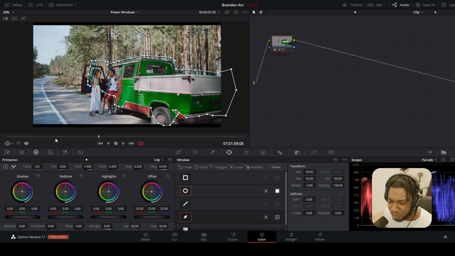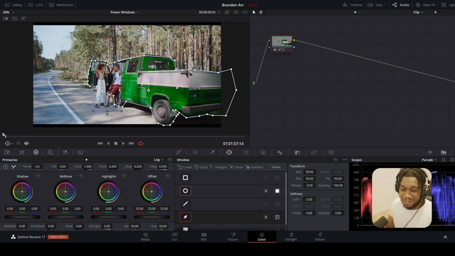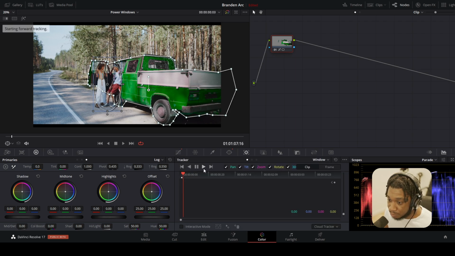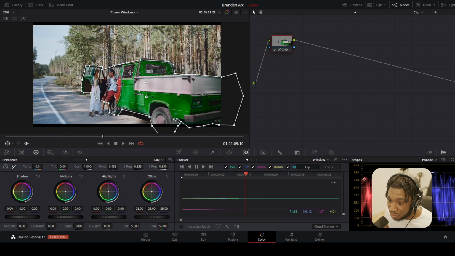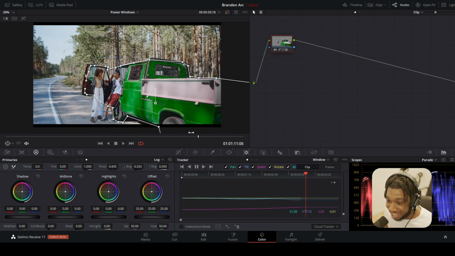So what do? Of course, we're going to track it. We're going to track forward because we can. So I'm going to select onto the power window that we want to track. I want to track onto the truck first. I'm going to click onto the curve, go to the tracking menu, which is the next one to the right. Just track forward. And as you can see, we have all of these little dots, and it's literally tracking the